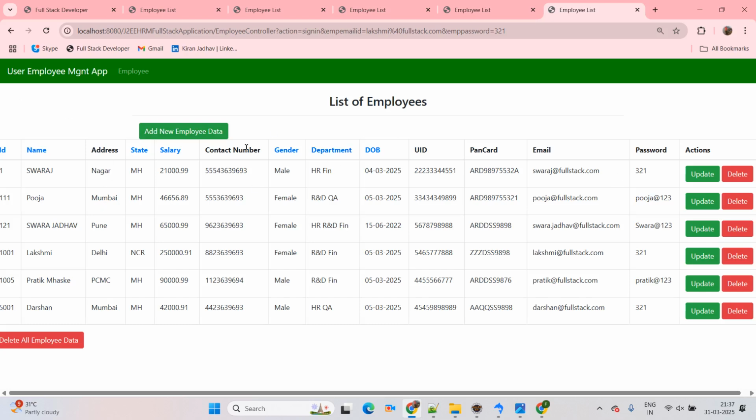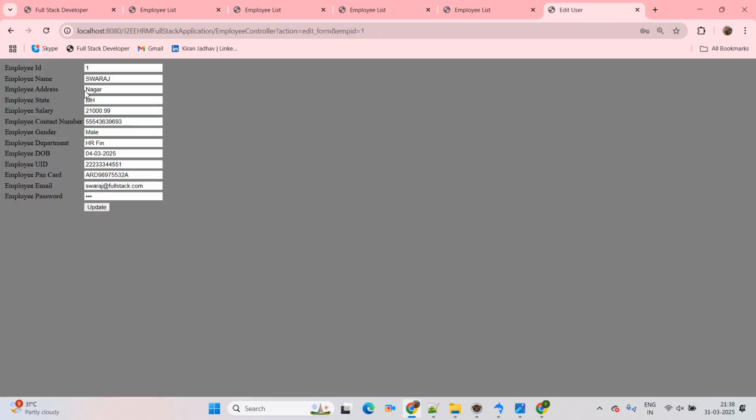Perfect. Then here we are able to fetch all data. It means find all, like after sign up we are able to do sign in and then fetch all data on show.jsp page. Now we'll simply try to update. Here I am trying to update the Swaraj salary. Then simply try with the update. Now here I am going to update the salary as 5,50,000.92, and we'll update here the Swaraj